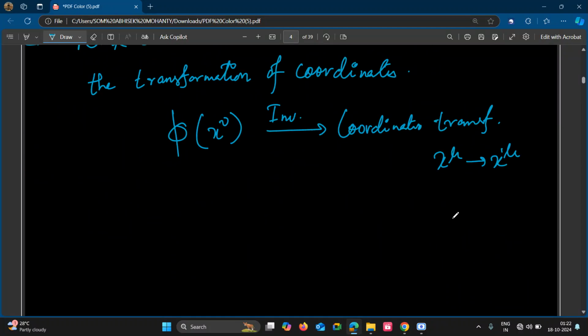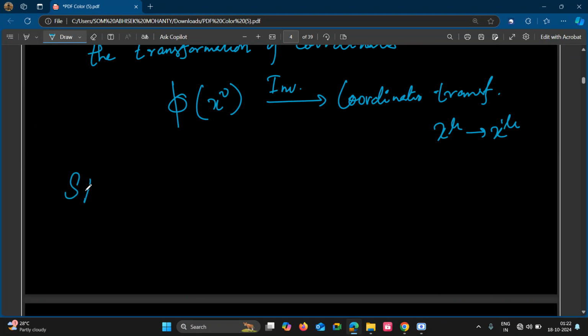So what happens in special relativity? We will study how it is used in special relativity, because that's where our application is. Just studying the mathematics won't help us. So, like a space-time scalar, suppose we can write a space-time scalar, invariant